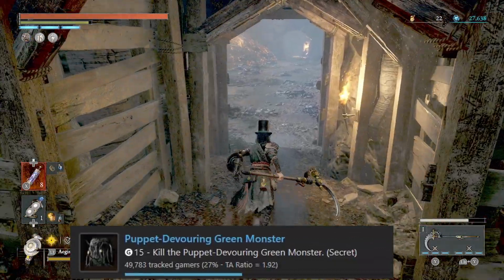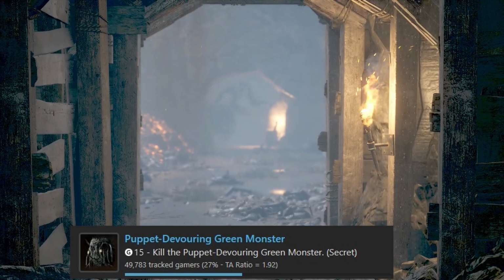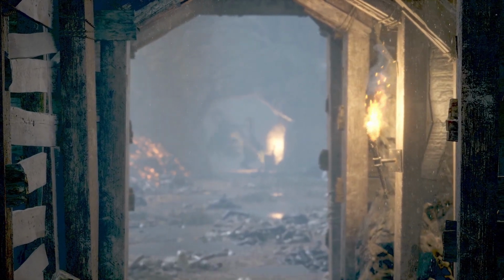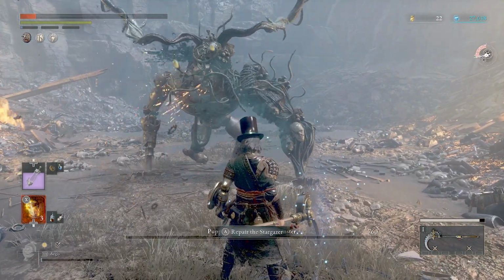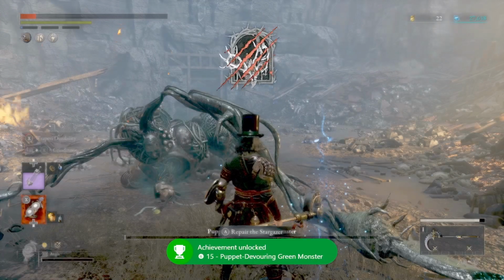Next up on the list, we have yet another boss fight. This one is a very original name. It's called Puppet Devouring Green Monster, and I bet you can't guess what the boss is going to be called. That's right, it's the Puppet Devouring Green Monster. Anyway, after a very annoying fight, this time, we grab the kill, and we can move on to the next